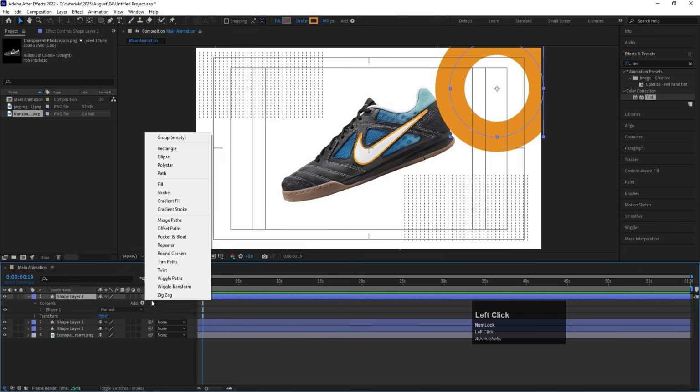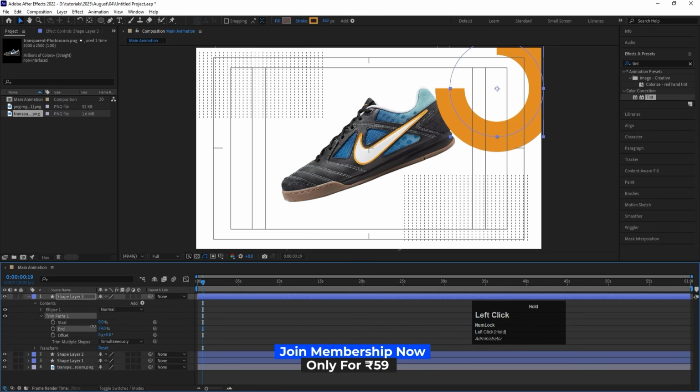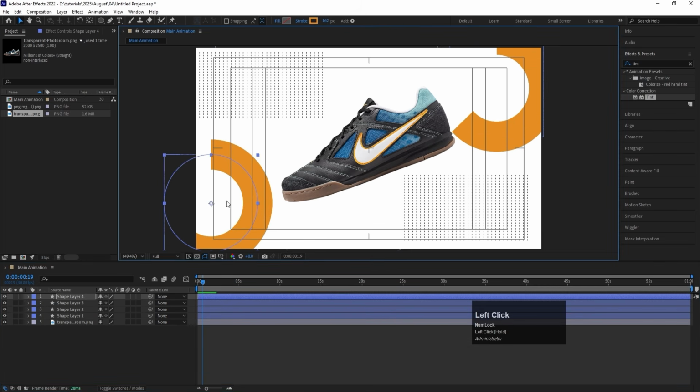Then go to the add menu and we are going to choose trim path. Go to the trim path and let's decrease this value somewhere around like this. Now similarly select this, hit Ctrl D. Let's try to move this over here, hit W, and let's rotate it like this. Okay,